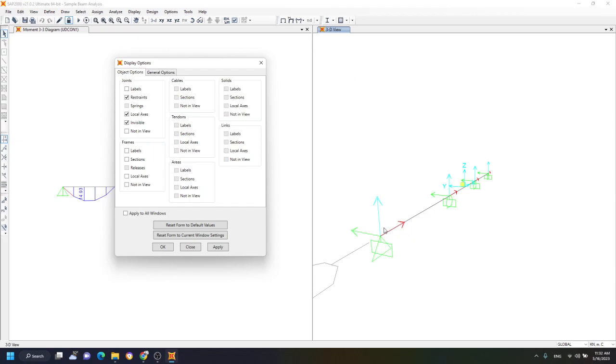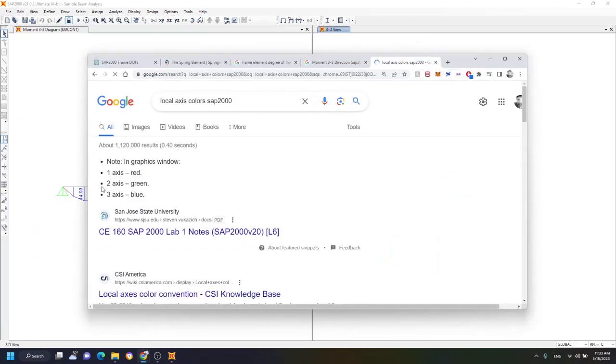So we can see there are 3 local axes mentioned here. Let's see local axis colors in SAP2000. So axis 1 is red, axis 2 is green, axis 3 is